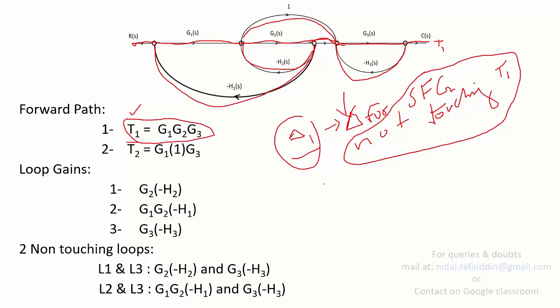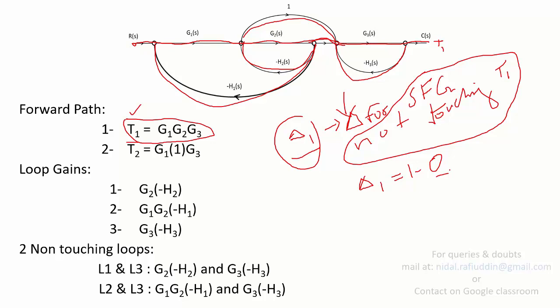I guess this is clear. So in this particular problem, I see that there is no part of the SFG which remains or which doesn't touch T1, and thus if you apply the formula of delta, which is nothing but 1 minus the sum of loop gains, since there is no SFG that remains and hence no loop, this will be 0. And since this becomes 0, all the subsequent components will also automatically become 0.